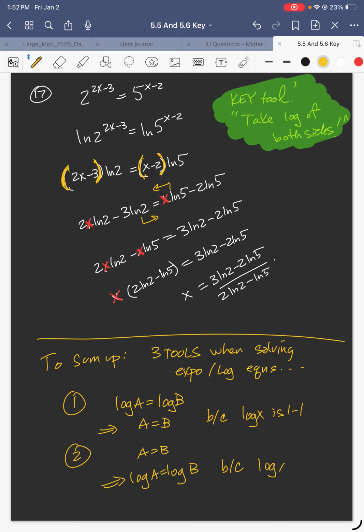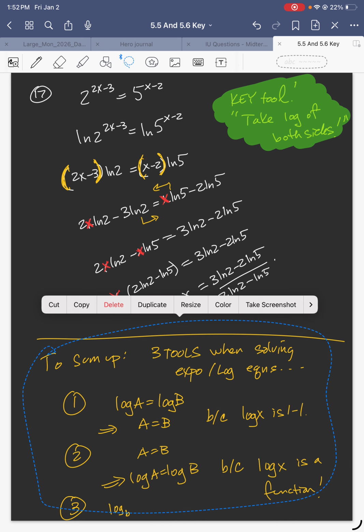Because log X is a function. And then, oh, and that's really the same thing as taking the log of both sides, right? So that's the same thing as taking the log of both sides. That's number two. And then number three, it says that the log base B, let me kind of